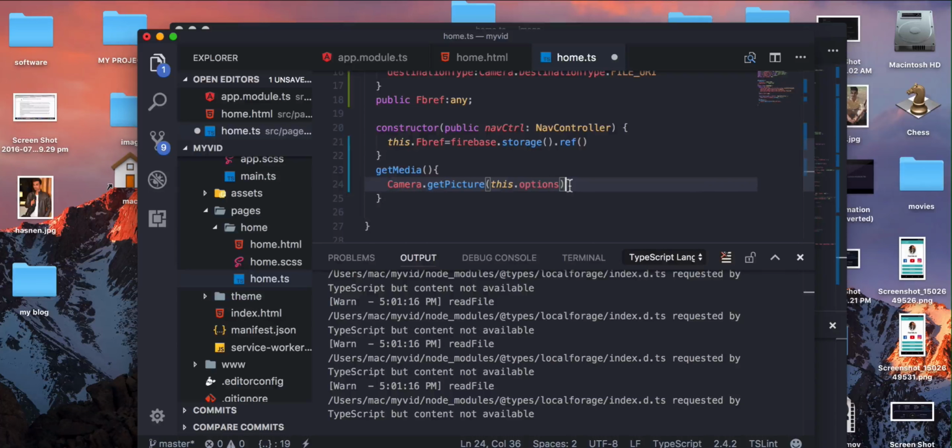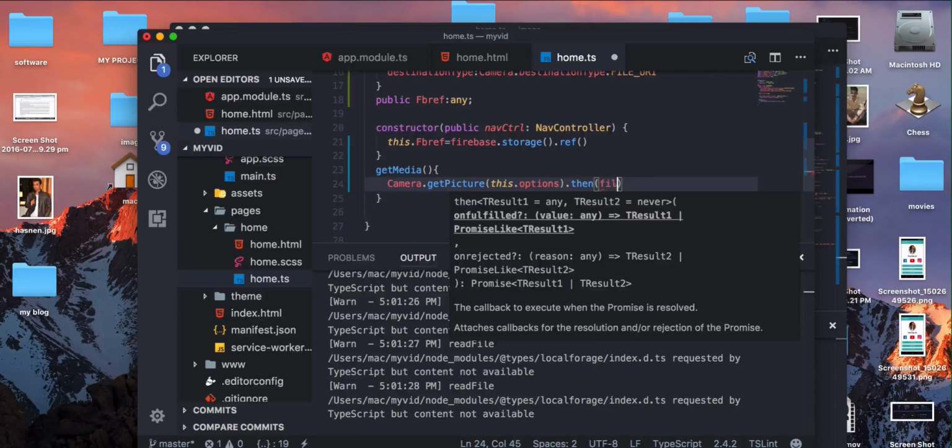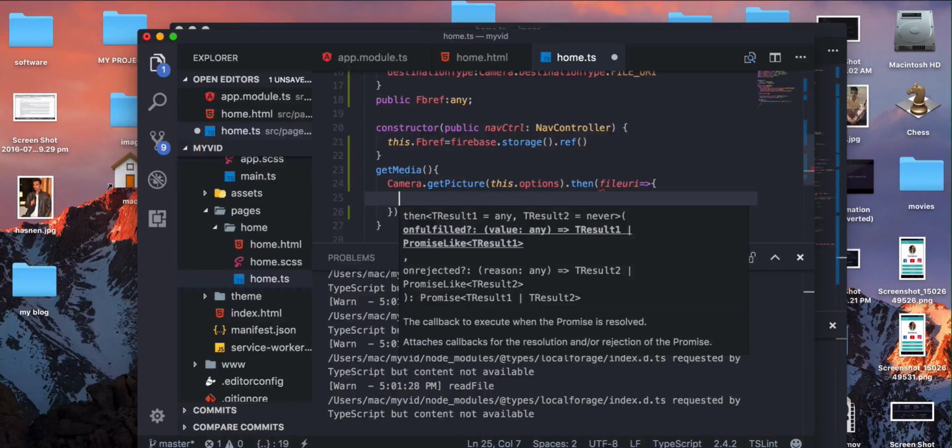After passing the options, we're going to get the file URI. So then I'll be getting the file URI. So I'm going to create the handler called file URI, and after getting the file URI,